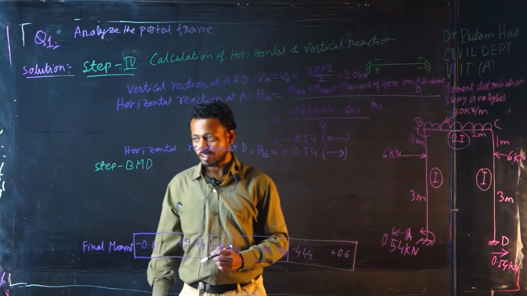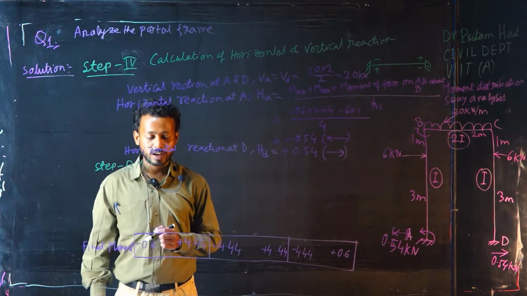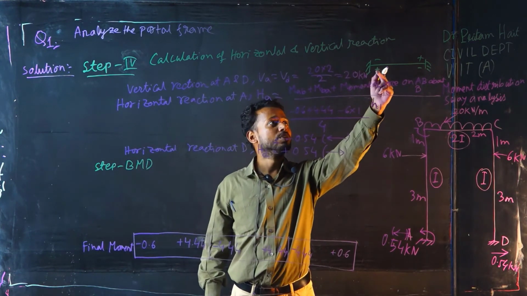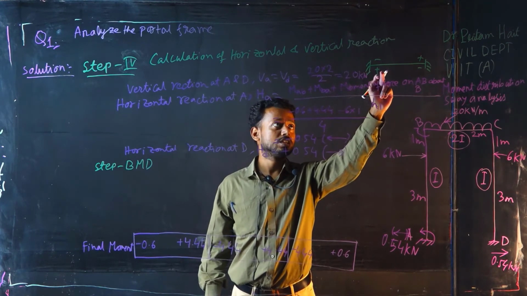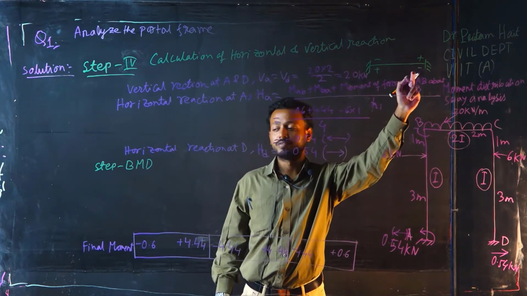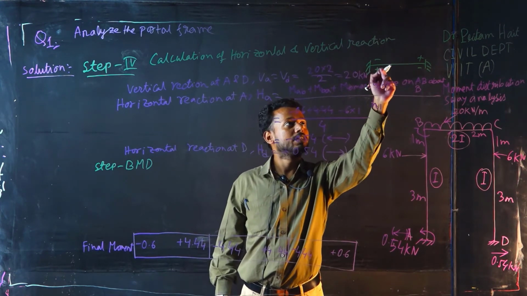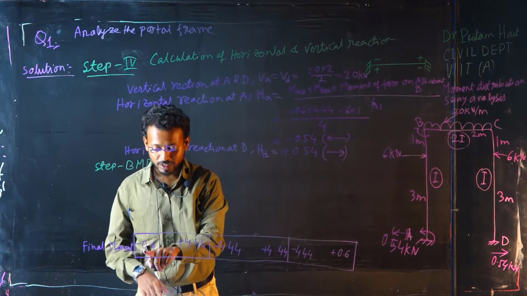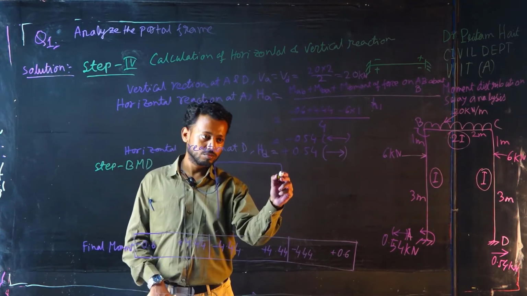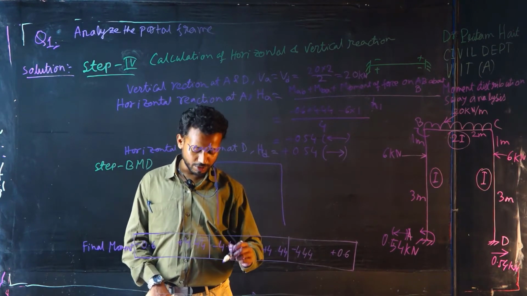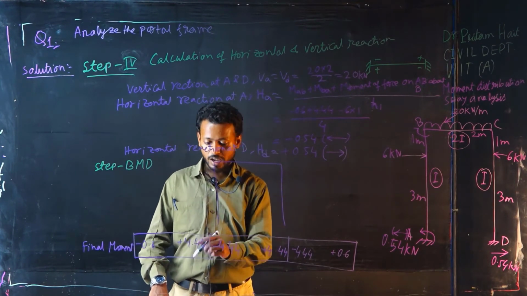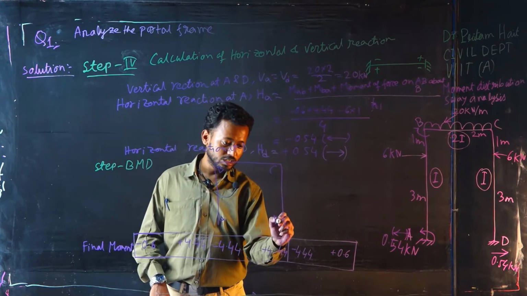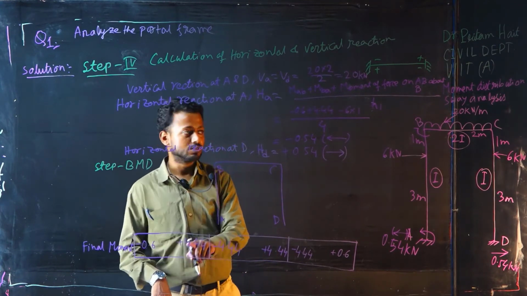Okay, now we will draw the bending moment diagram. So I told you in the last class, during the bending moment diagram you have to follow this sign convention. Negative positive, positive negative. Okay, left side negative positive, right side positive negative. So you consider this moment, this is negative. Okay, so this is a beam. So here we have, this is A, this is B, this is C, this is D. So we have negative positive.